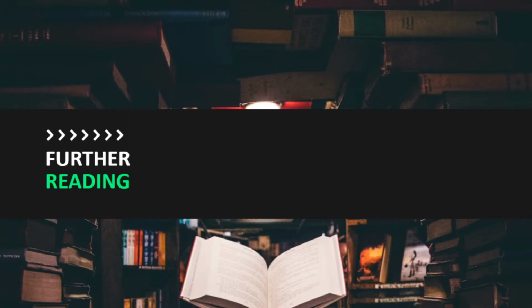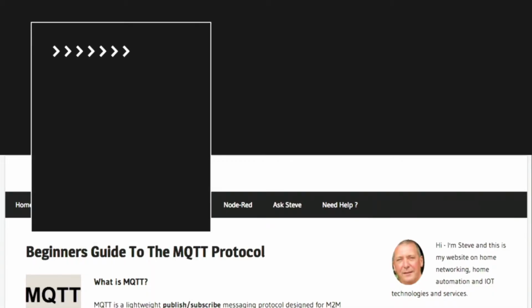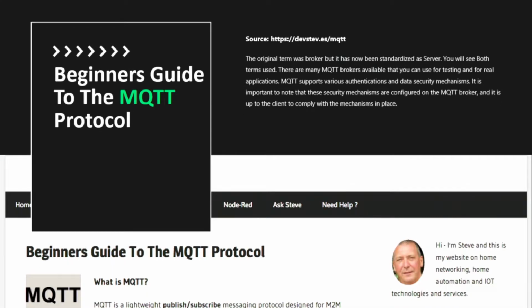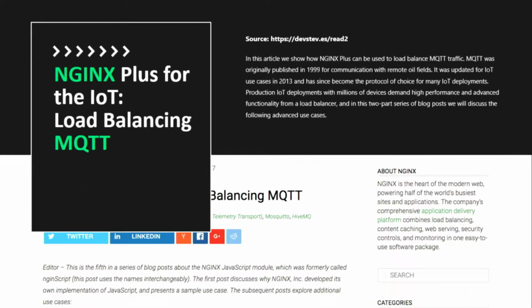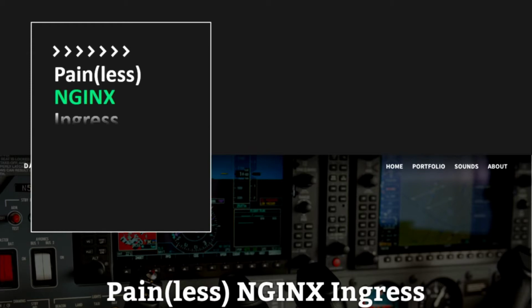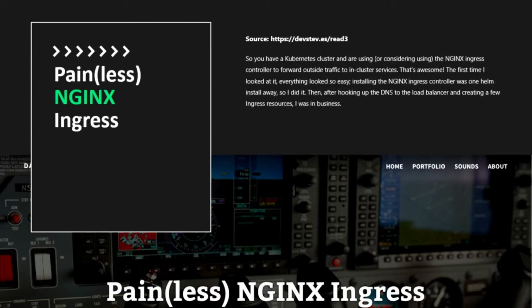So some further reading, which I thought might be interesting. So Beginner's Guide to MQTT, just for understanding how the protocol works and sort of some of the ins and outs of it. Amazing, really, really, really cool article. Liam Crilly's article, like, that one's gold. Love that one. And I just found this one interesting. There's some really, really good sort of tips and stuff in there. Just someone using Ingress controller in production, which I thought was really, really good as well.